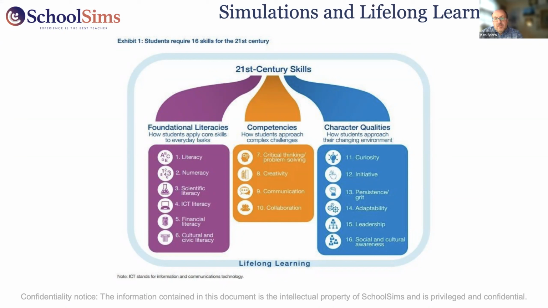When you look at the orange and the blue columns, you can't really teach any of those things. We only get better at them through experience. And so the opportunity to find a modality in which we can actually bring these issues out so people can experience them is incredibly powerful.